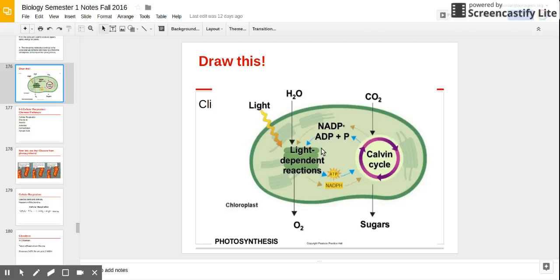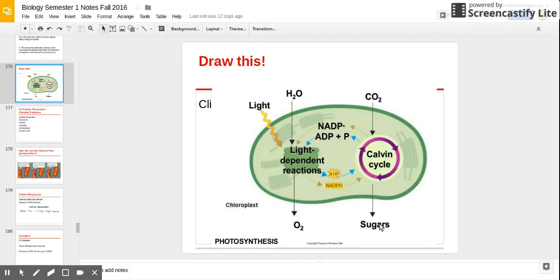Okay, this is just a quick review of photosynthesis. Because the great thing about cellular respiration is if you already know photosynthesis, you already know cellular respiration. It's just flip-flopped. So remember in photosynthesis, guys, we have light energy in our chloroplast. So this is only happening in our plant cells. Okay, water goes in because plants need water and CO2, and it puts out oxygen and sugars, which we use